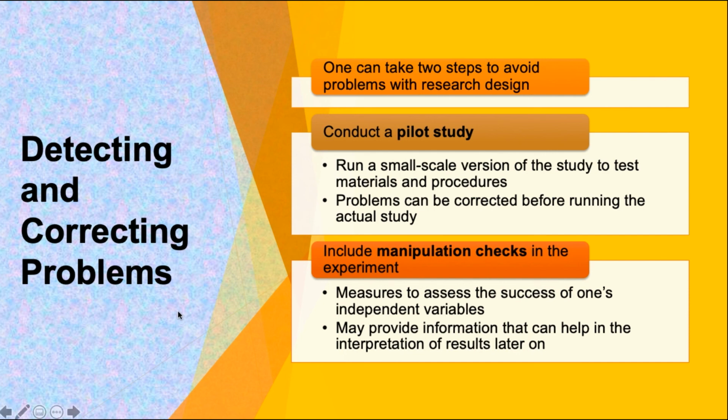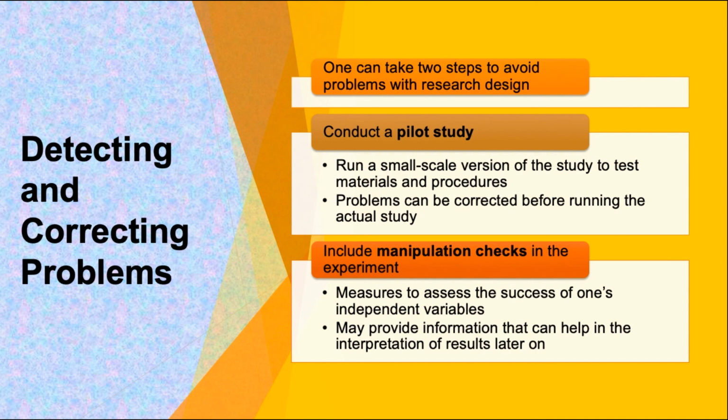Then we have manipulation checks. In addition to the dependent measures of the behavior in the study, you should include manipulation checks, which simply test whether or not your independent variables had the intended effect on your participants. They allow you to determine if the participants in your study perceived your experiment in the manner in which you